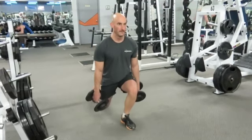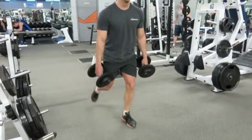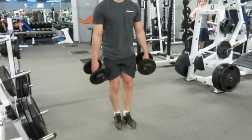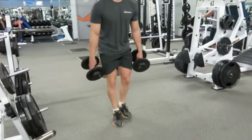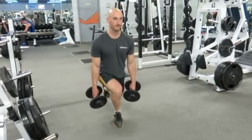You just see I shifted my perspective and I'm leaning forward a little bit more, and I'm going to put more of my weight forward on my body. I'm getting a better contraction, really trying to contract the quads as I'm pushing up as well. So that's the real cool thing about doing lunges, that you can kind of shift where the emphasis is being